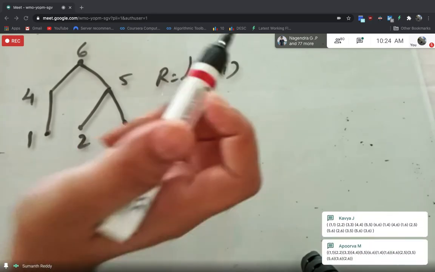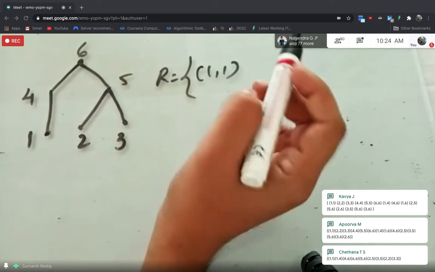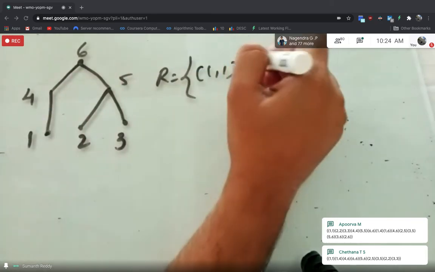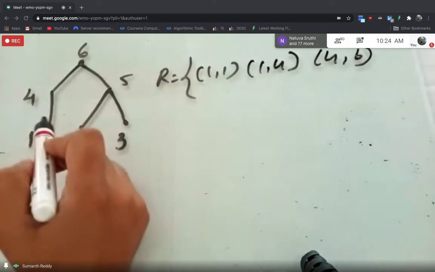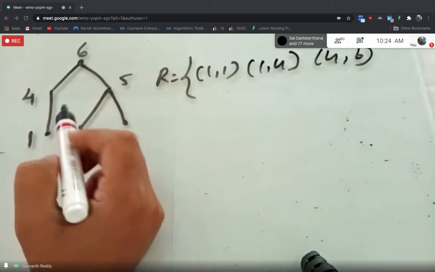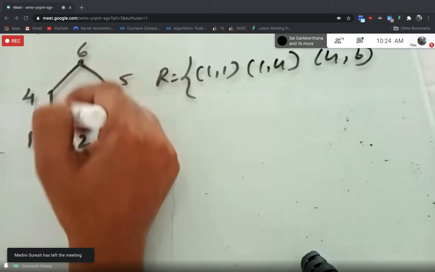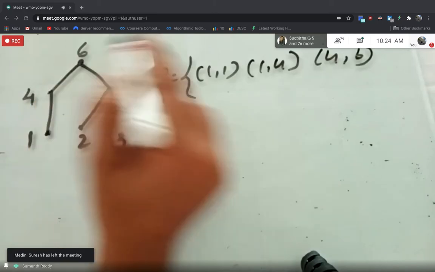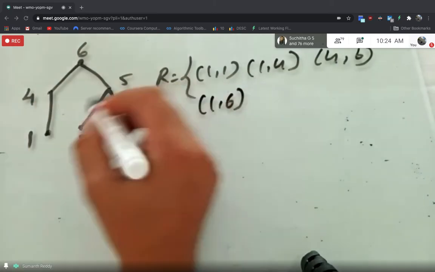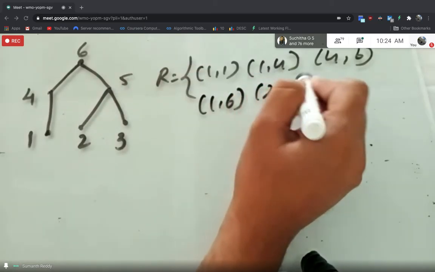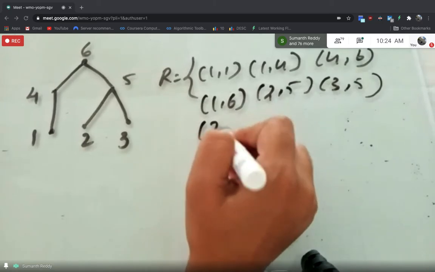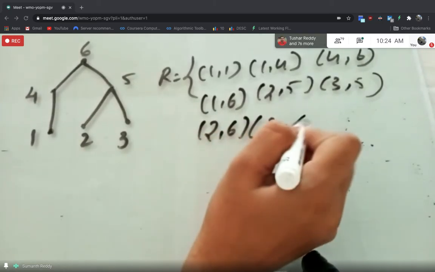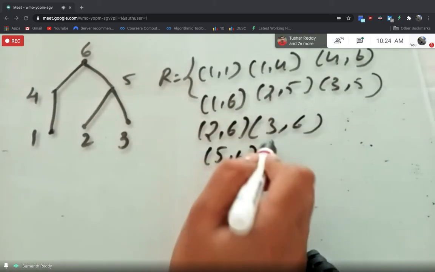Okay, anyhow, so others, I can understand that to put this in the comment section is not so easy. Maybe some of the students are using mobile phones. So I will only write this. So 1 comma 1, 1 comma 4, 4 comma 6. But here the thing is, transitive relation also you have to include. You will write 1 comma 4 and 4 comma 6, but you should not forget 1 comma 6, right? So 1 comma 6 also must be included, and then 2 comma 5, 3 comma 5, and also you should write 2 comma 6 and 3 comma 6, because even 5 is also related to 6.